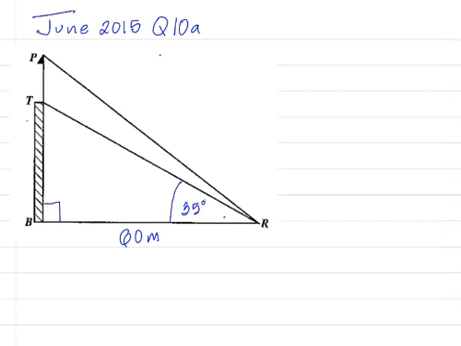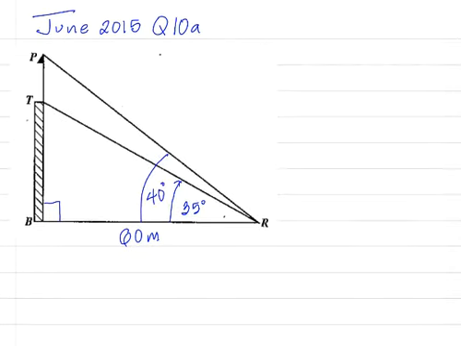It's the angle of elevation of T from R. And this angle here is 42 degrees. So I asked us to put in these four pieces of information: